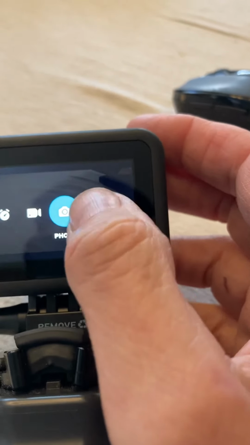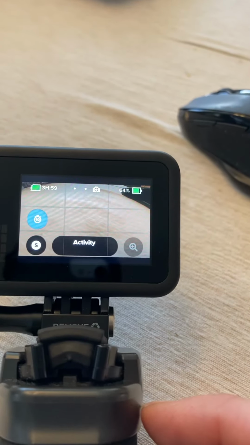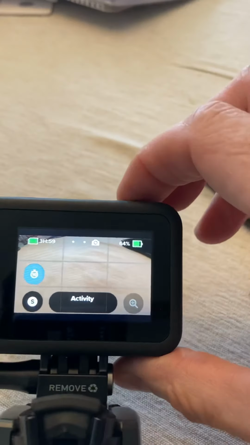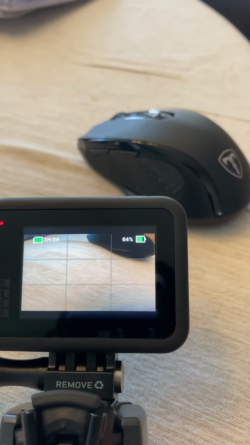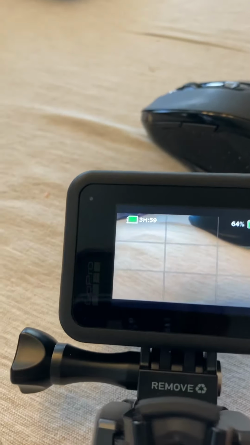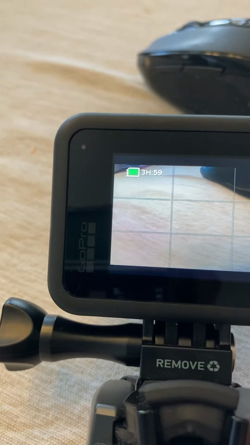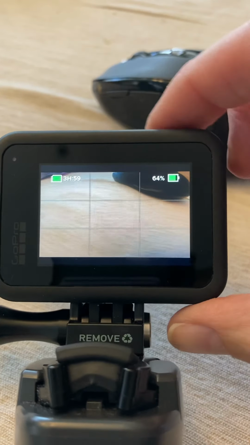Still in video mode. Now I'm in photo mode. And I'm going to try to take a picture. And you notice the red light blinks a bunch of times. When I try to take another picture,